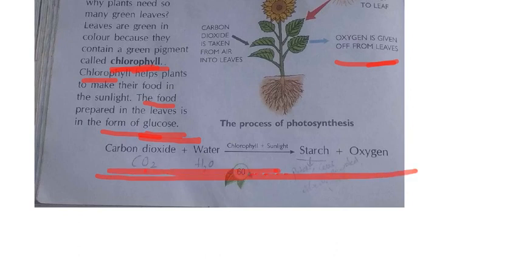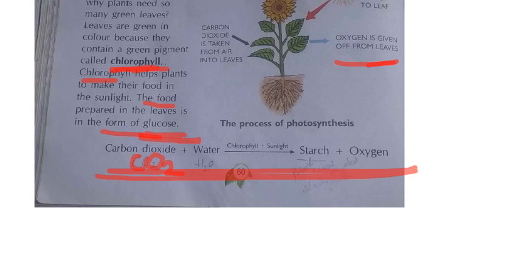See what is happening. First one is carbon dioxide. Carbon means C, that's why I wrote C here. Di means 2, oxide means oxygen, 2 oxygens, no? So CO2 is the formula of carbon dioxide. But you have no need of this whole formula. Just remember, carbon dioxide plus water.